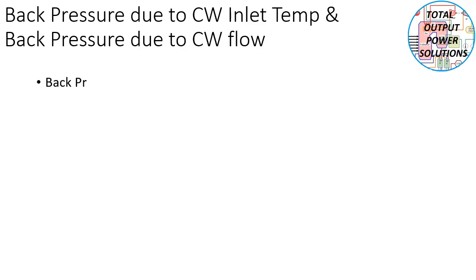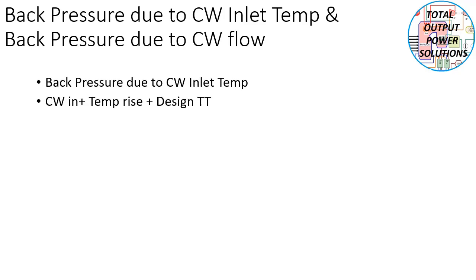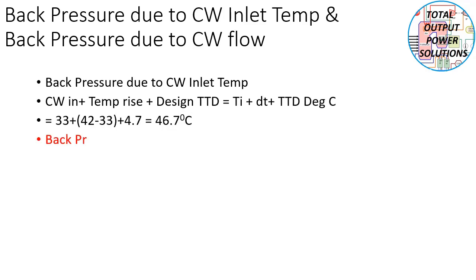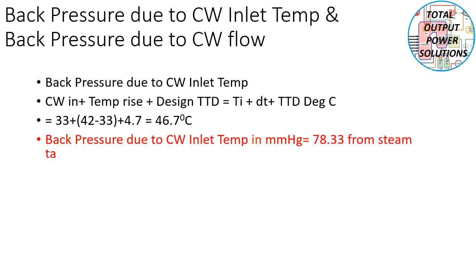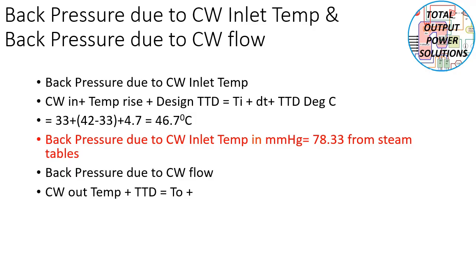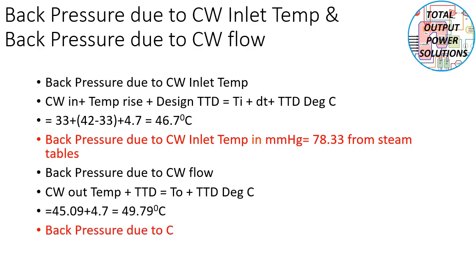Now we calculate the back pressure due to CW inlet temperature and back pressure due to CW flow. The back pressure due to CW inlet temperature would be equal to the CW inlet temperature plus the temperature rise plus the design TTD, which would come out to be around 46.7 degrees centigrade. So the back pressure for this, calculated from the steam tables for 46.7 degrees centigrade, would be around 78.33